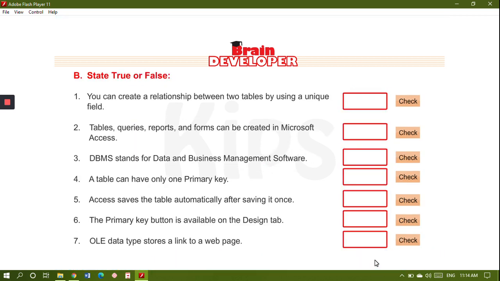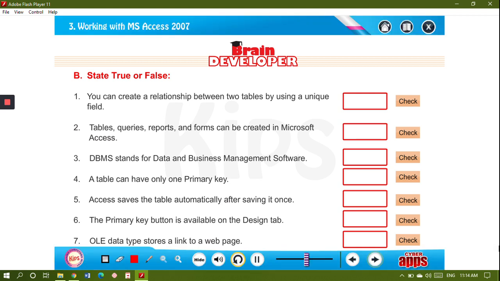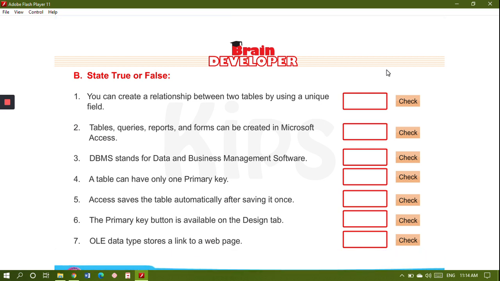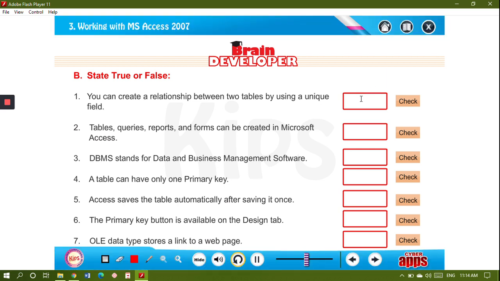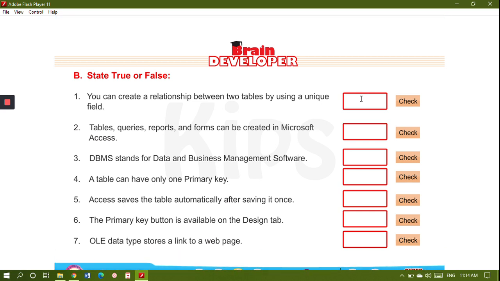Okay, we proceed further, and this is true or false. So you can create a relationship between two tables by using a unique field. So this is true. Okay. If there are two different tables and you want to create a relationship, we'll be doing that later. Okay, but you can establish some relationship between two tables, but you should be having some field common. Okay. So it should be a unique field in both the tables.